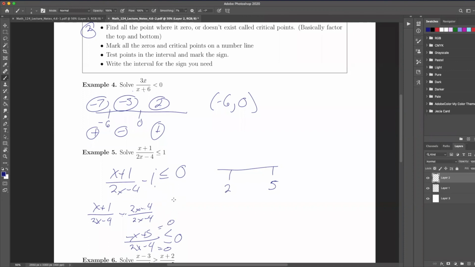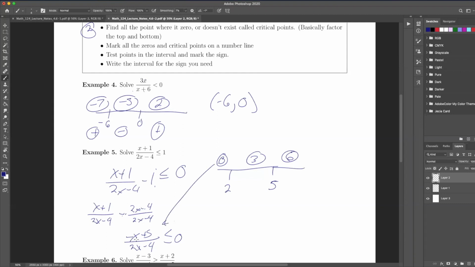Okay, so those are our things. We're going to find our test points. Here I'll test 0. I like testing 0. We'll do 3, that's not bad. And then we'll do 6, something right afterwards. All right, and just for our ease, we're going to be using this one, right? We're going to test it